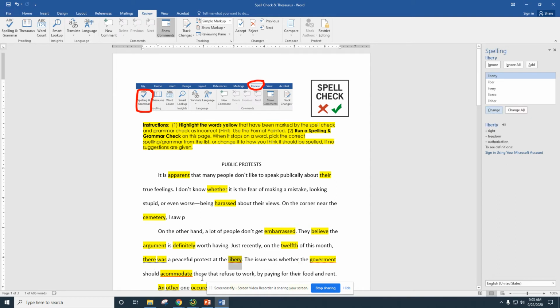Library, a peaceful protest at the library. Okay, so it can't tell what you're trying to spell because you're so far off. I was so far off on purpose. So if you have to go change it, it's fine because you can resume your spell check. Okay, so then come up here, government,